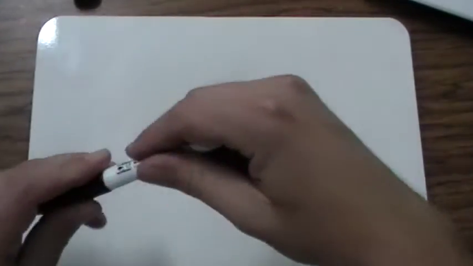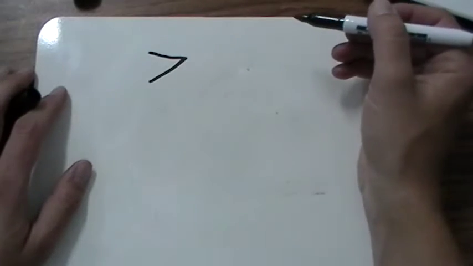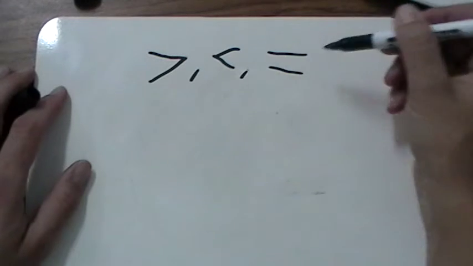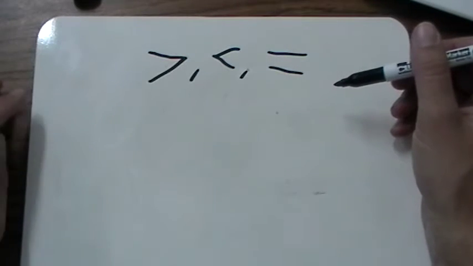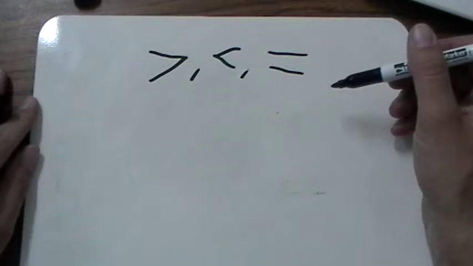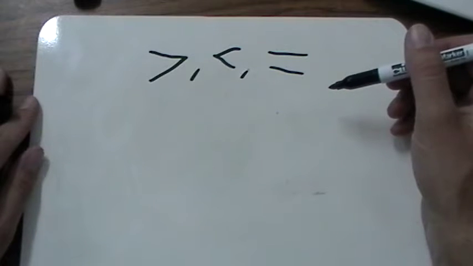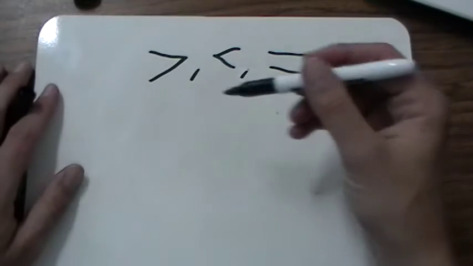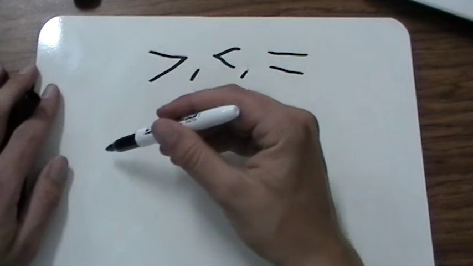All right. Next, we're going to be reviewing these three symbols. Greater than, less than, equal to. The number alligator is living in the swamp. He sneaks up on numbers and starts to chomp. That's right, the number alligator opens to the bigger number. So if I have